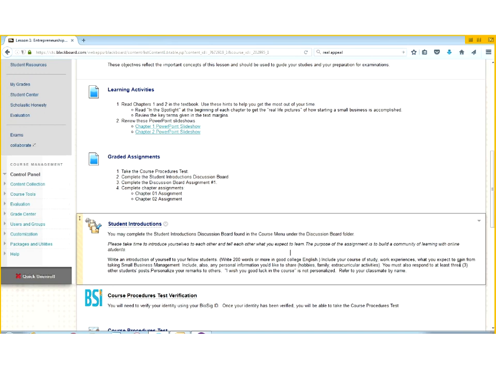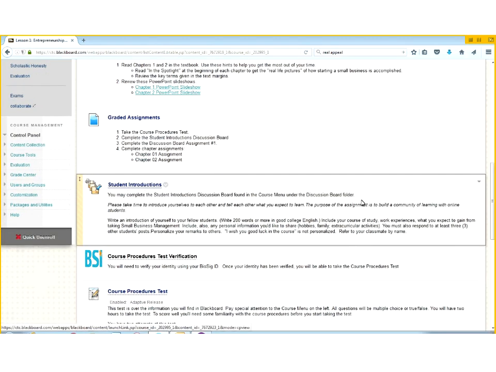You need to identify them by name. Dear Judith, dear Robert, it's nice to meet you, Albert. You address them by names. That's so that we can build collegiality in the course. You write your introduction, and then you respond to 3 other students.